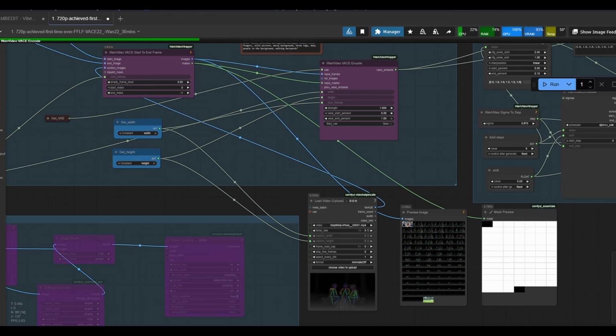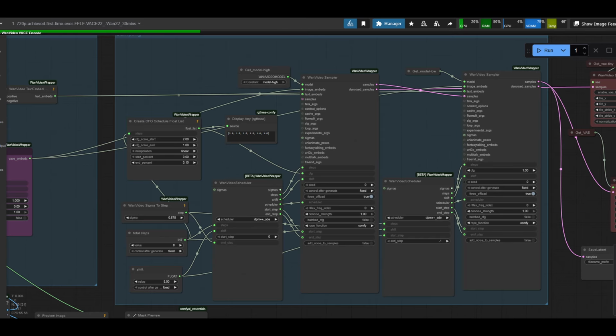I think you are getting the picture. And I ran it here so I could show you the previews to get a bit of an understanding of how VACE works in this context. VACE, as I have said many times before, is a Swiss Army knife of ComfyUI. It can do a lot of things. Looking now at the previews, you can see what both the mask and the image output from that VACE start to end frame node are. It's interesting, isn't it?